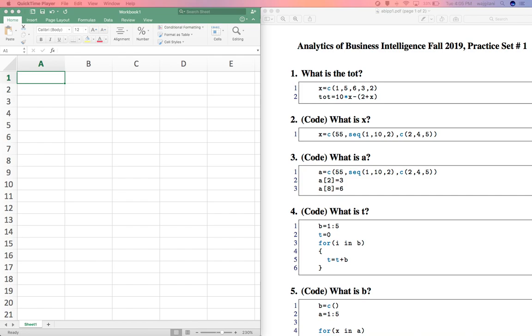And more importantly, it's a way for you to try to visualize how I can create questions from the slides. But nevertheless, the practice sets, although they're very important, they're not exhaustive of all the material. Please make sure you understand all the material in the slides, because everything in the slides is fair game for the exam. So here I have my practice set 1 right here, and I have a little Excel sheet here